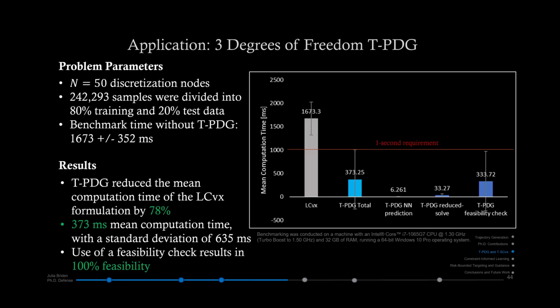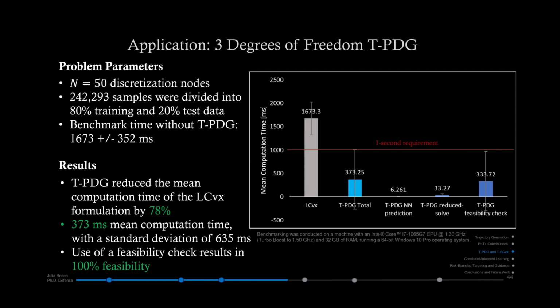And so when we compare with T-PDG, we get the following timing results. So specifically, we were able to reduce the mean computation time of LCVX by 78% when we applied T-PDG. And specifically, we got a mean computation time of 373 milliseconds, and even within 1 standard deviation. So as you see on the right side plot, we're still under the 1 to 2 second requirement as demonstrated by NASA. And then also the use of a feasibility check ensures that we have 100% feasibility, even though we're